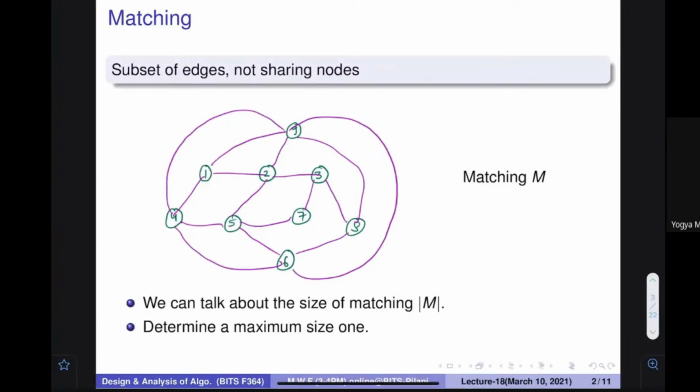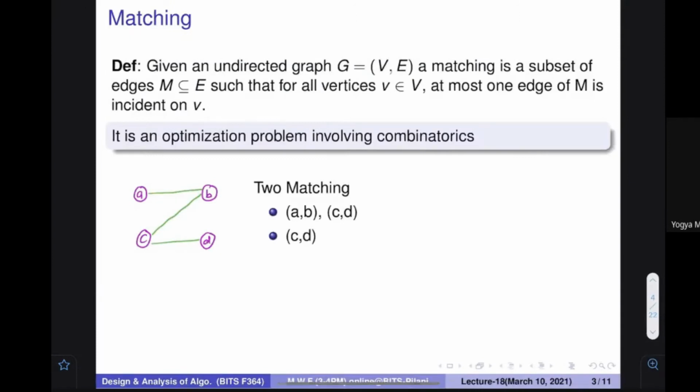So we have just talked about that. What is the size of matching, and we want to find out the maximum size one. So you may be thinking that why this problem is very difficult. How come it is a difficult problem? Why are we thinking about it in that particular term? Sometimes it is very important in which way you are going. If the first node you select is wrong, then you cannot go ahead.